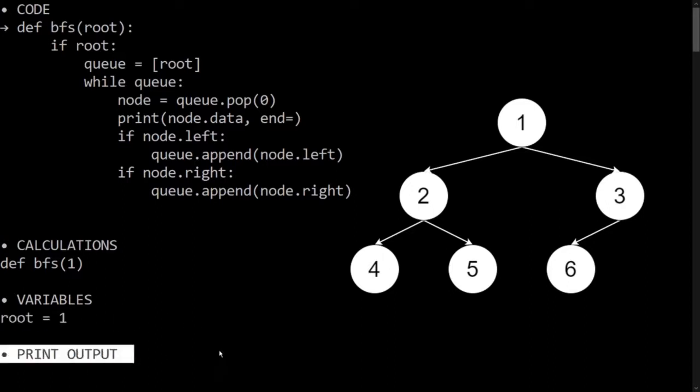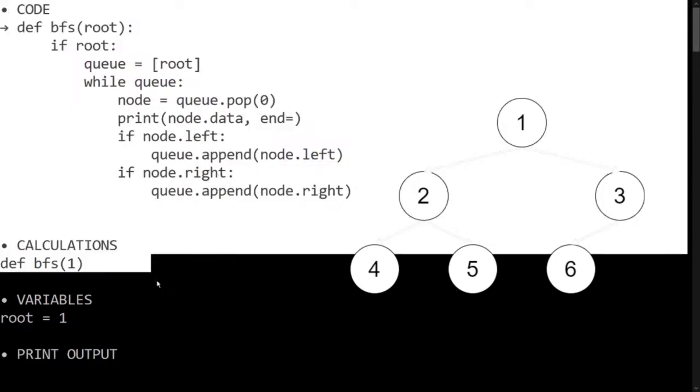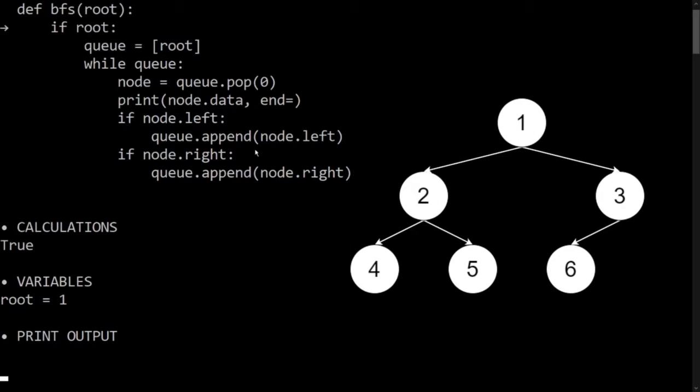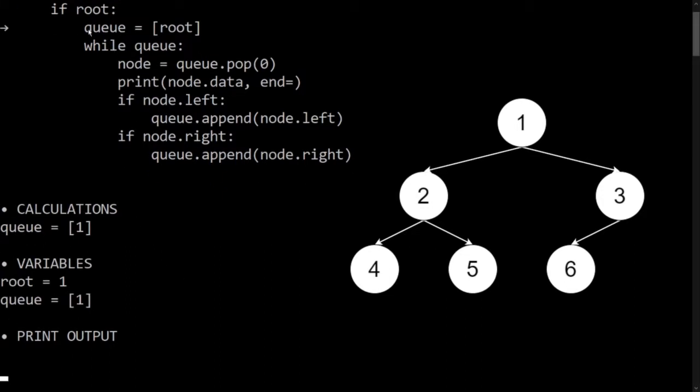And this is the print output section. As our code contains a print statement, and we are using the console area for printing these debugging sections, we need to have a separate section for printing the messages that we have written in our code. So this print statement will print the output over here. So let's execute. We have passed node 1 in this function. It will check if this root is not None. Yes, it is not None, so this becomes true. It enters the if condition. It will initialize the queue with the root node, a single element of root node.